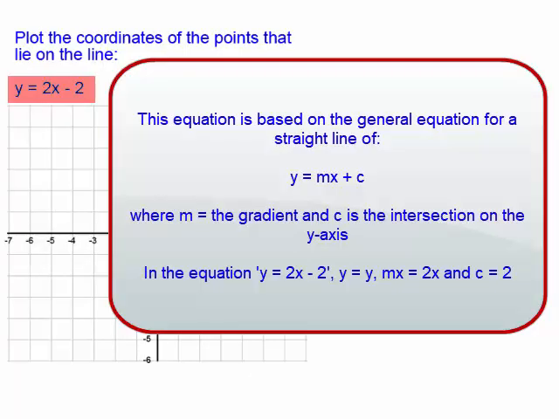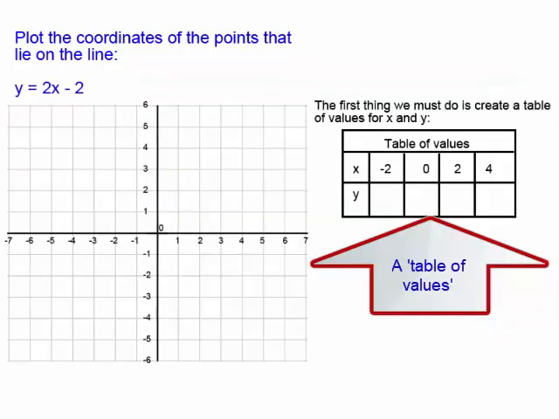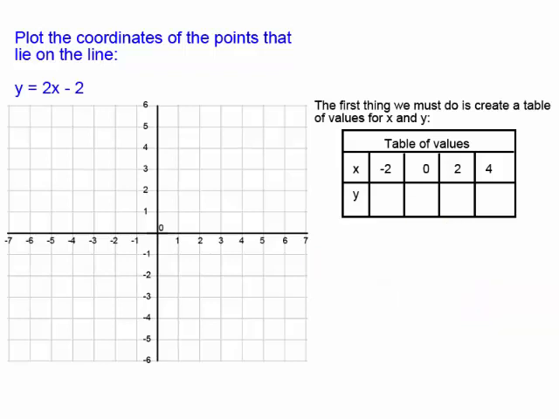We have been given an equation y equals 2x minus 2 that represents a straight line. We have been asked to plot the coordinates of the points that form this line. The first thing we have to do is use the equation to create a table of values for x and y. Once we have created the table, we take a value for x, apply it to the equation, and find